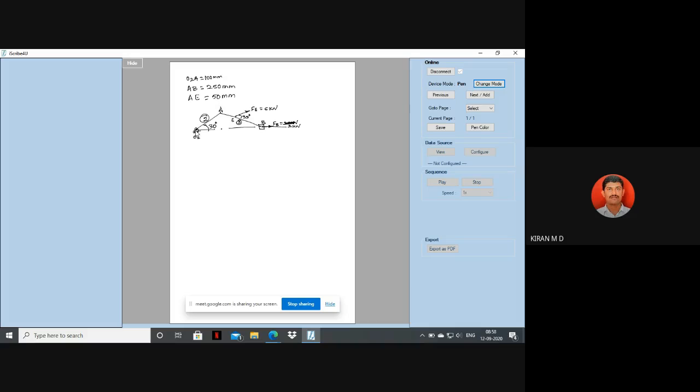To analyze this, we are going to use two steps. We will consider the force on the piston and neglect the other one. Then in the second step, we will consider the other force and neglect this one. In that case, we will get a different torque for each. For step 1 we get one torque, and for step 2 we get another torque. By adding these two torques, we get the total torque developed on the crankshaft. Now, first step.